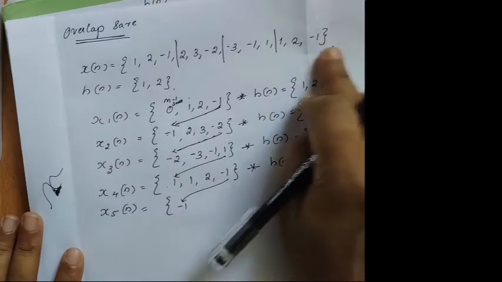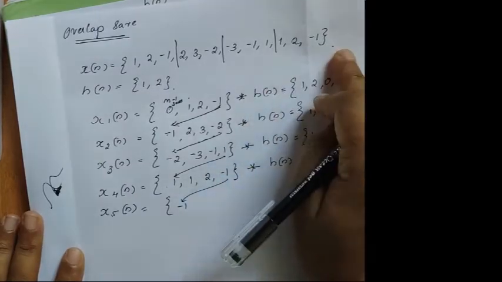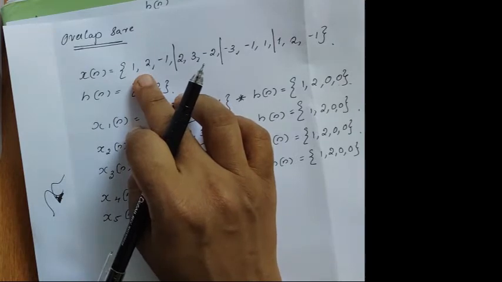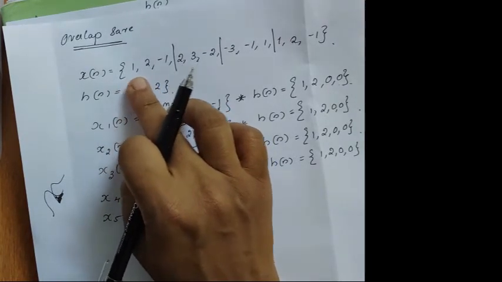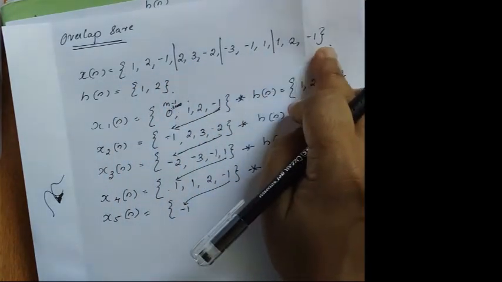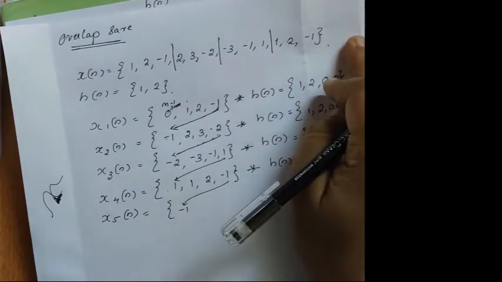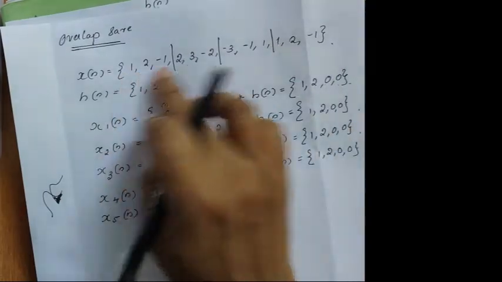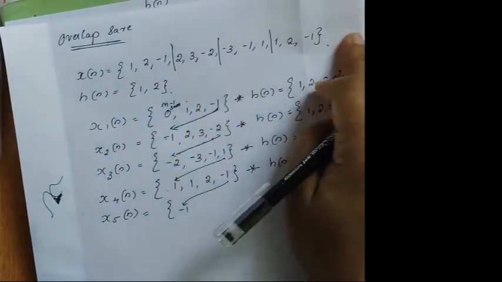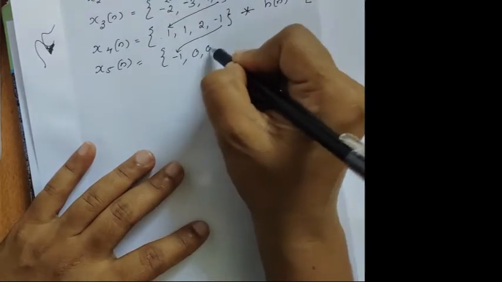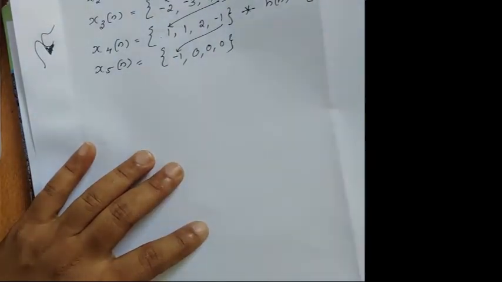But you don't have any sequence here. Your sequence is over, you don't have any information. Just consider this is your information, a noise or a sound that you have spoken. You are converting it into digital, so you get samples like this. And here you don't have any samples. Everything you are saving as samples, and at the end there are no samples. So you can append zeros there. Your information will be saved up there.